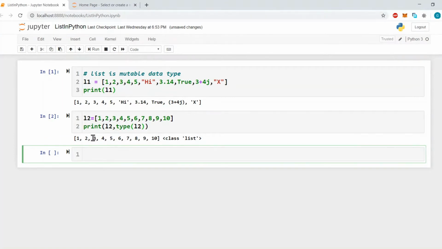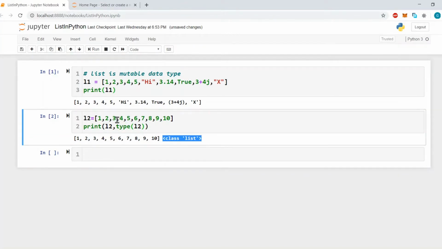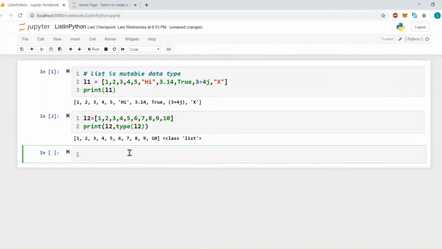In the output you can see the list belongs to class list. So the object L2 that we have created belongs to class list. As we have discussed previously, Python is a purely object oriented programming language which supports object oriented as well as procedural programming, and here every data type has a class. So let's start discussing the inbuilt methods of list.